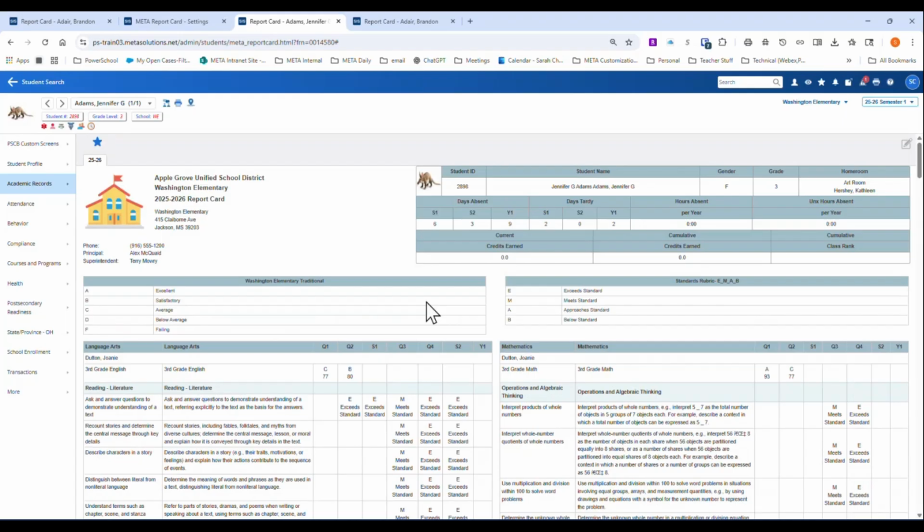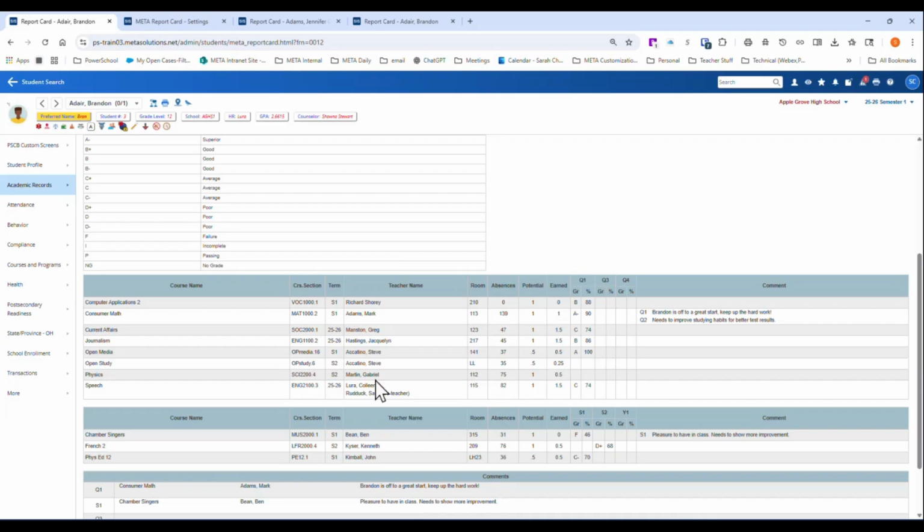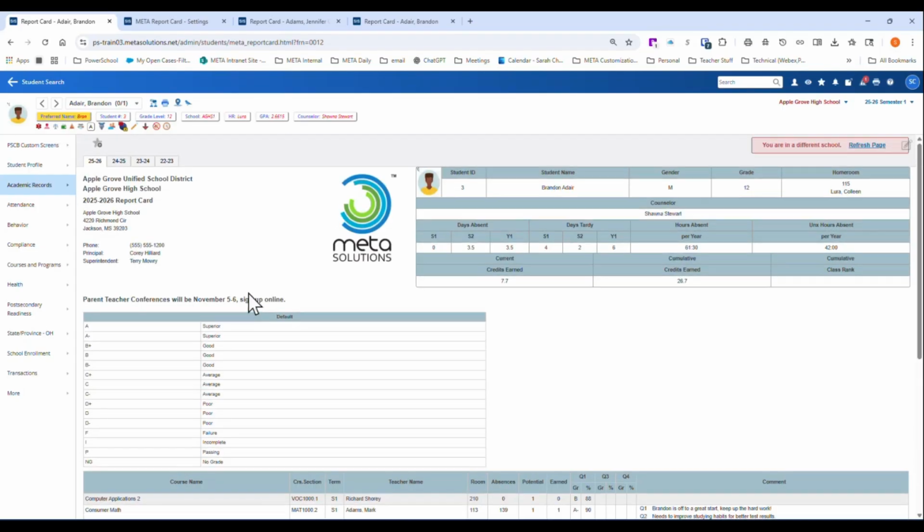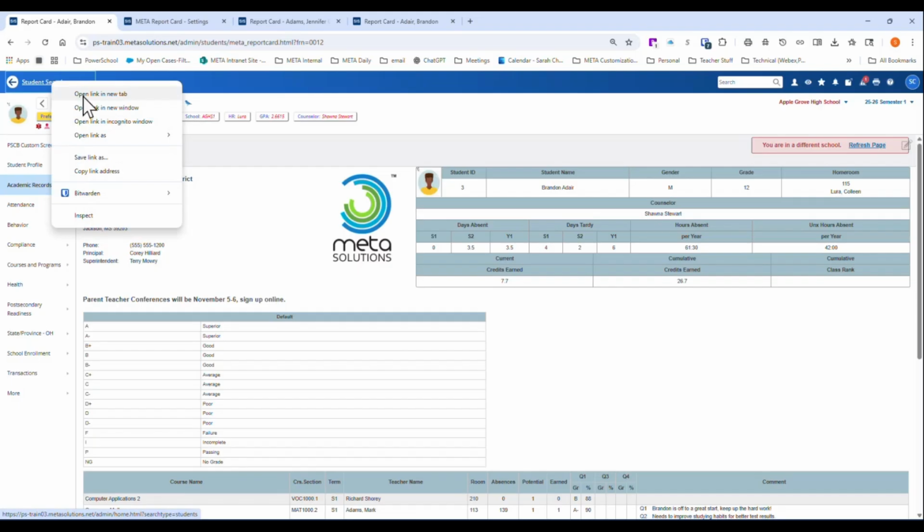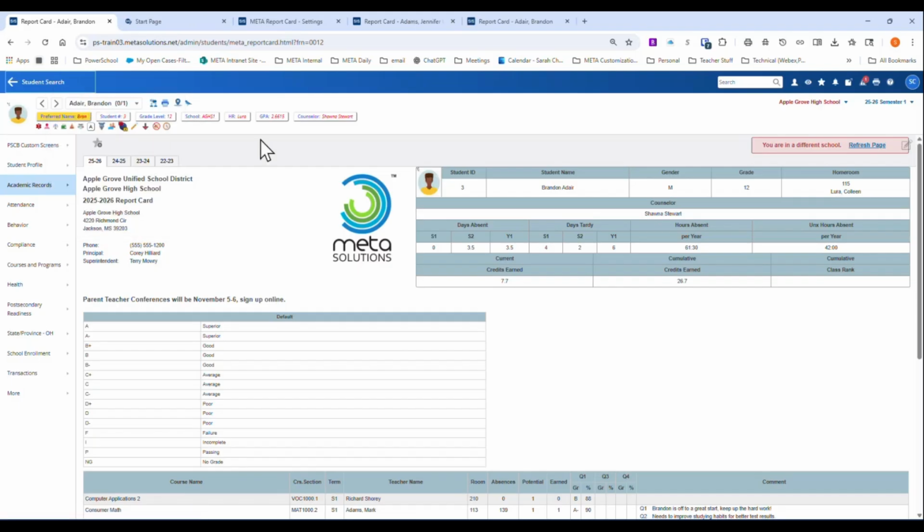Most things are done with settings. There are a couple things that are done on the actual course. So let's talk about that real quick before we go into our settings. On my report card, say I have an open study or a study hall or lunch or something I don't want to show up. I'm not grading it. I don't want to see it on my report card. It's just taking up room. So what I would do to get rid of that, I'm going to go to